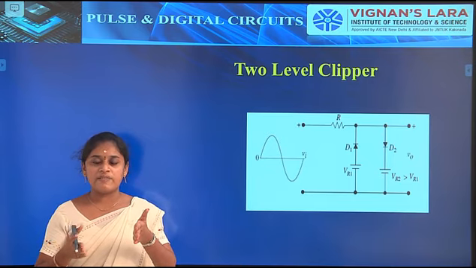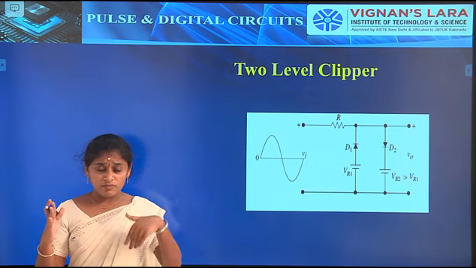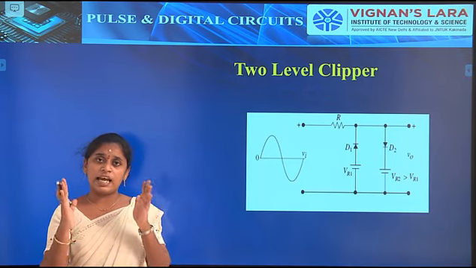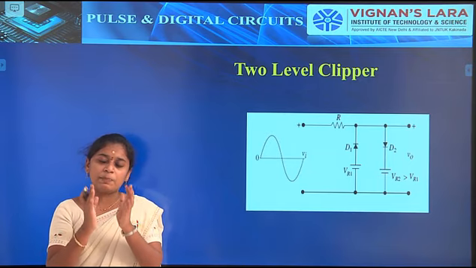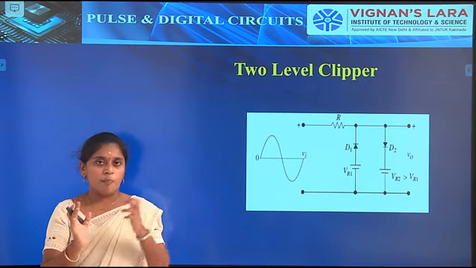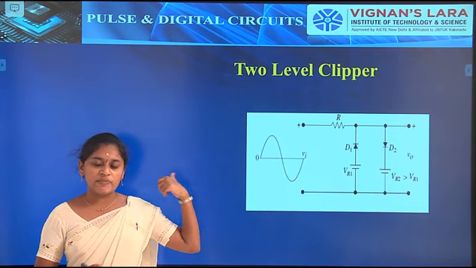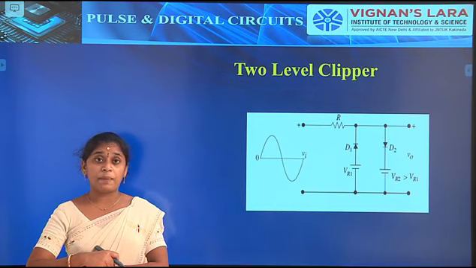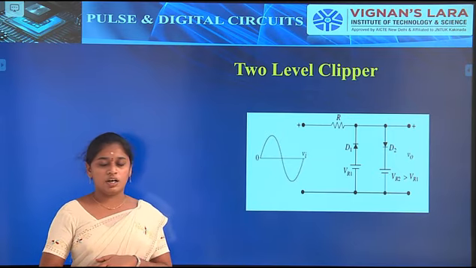These reference levels will be VR1 and VR2. The input signal in between VR1 and VR2 will be present at the output side. So we have to select the voltages based upon this two level clipper. Just check the two level clipper. A two level clipper is designed using a series parallel connection as well as a parallel series connection. First we have to discuss it.